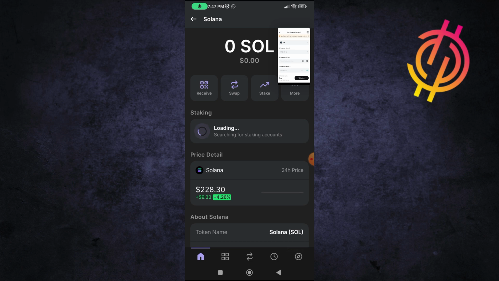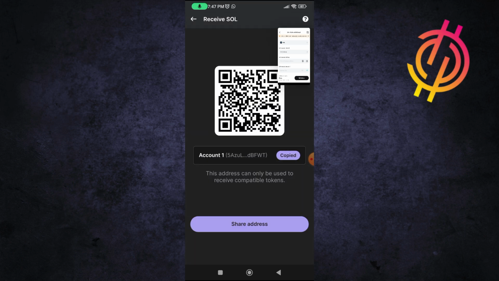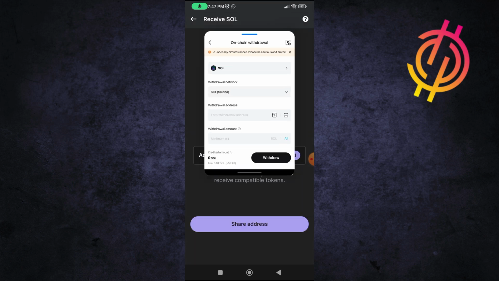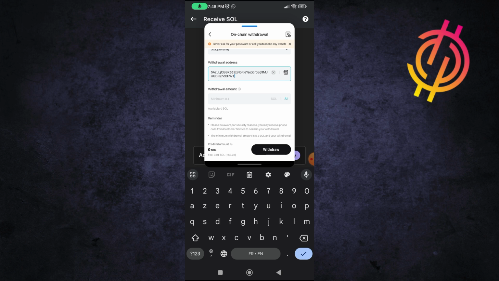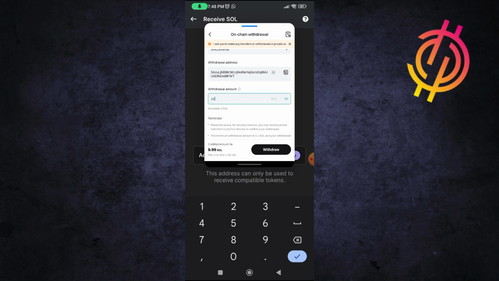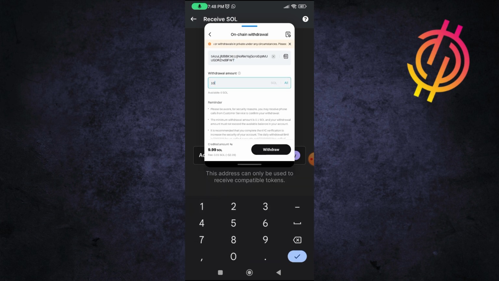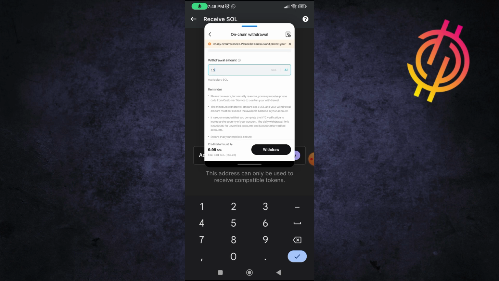Just wait some seconds, and as you can see, copy the address. Now go back to Bitget, and in the withdrawal address box, paste this address here. Now in withdrawal amount, just type how much Solana you have, or how much you converted from your SHIB to Solana. Now after that, as you can see, the fee is